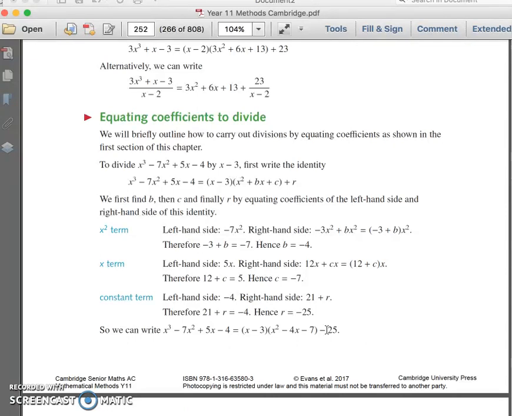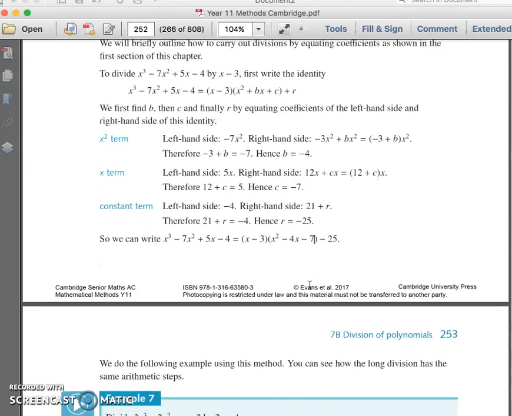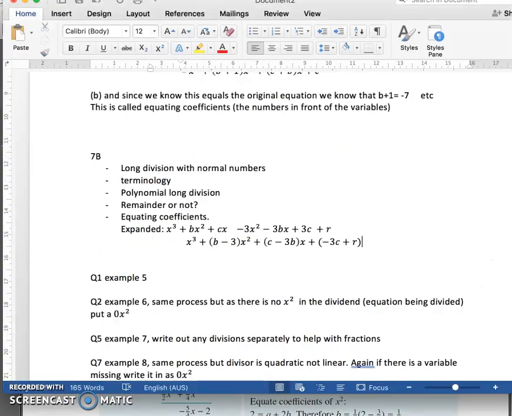Your questions in the test will probably specifically say which way to do, but I could recommend that knowing this way is a good way to check your answers, and it's a nice way of thinking about it as well. Okay, now